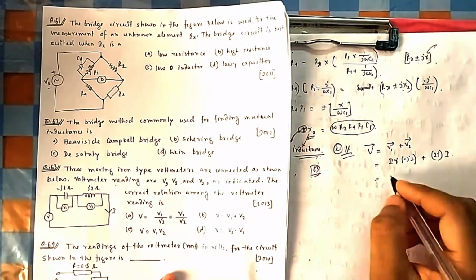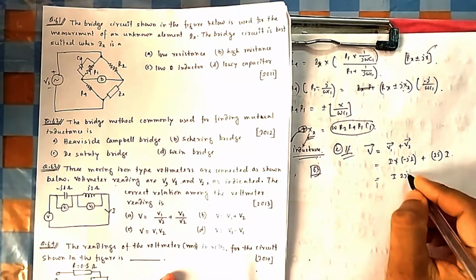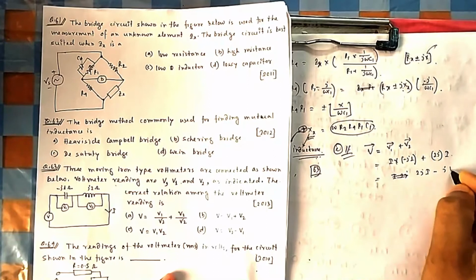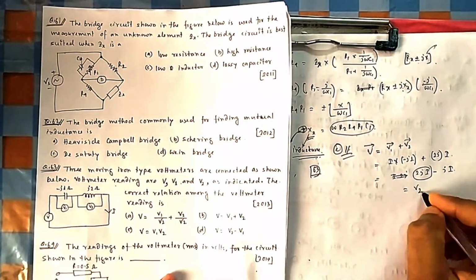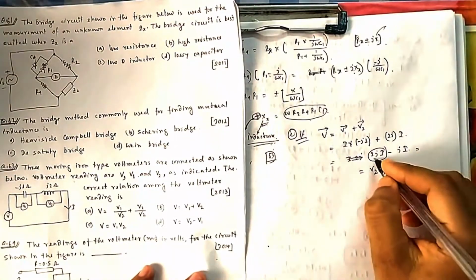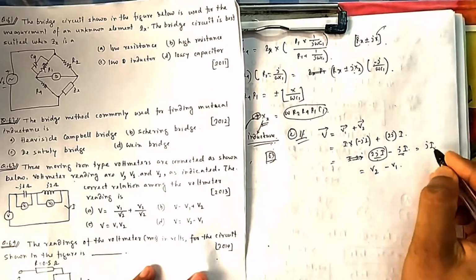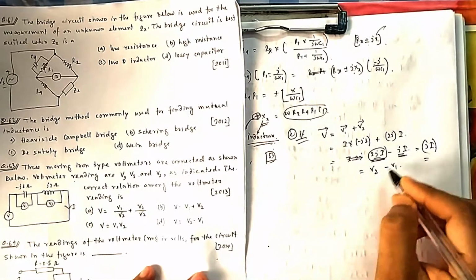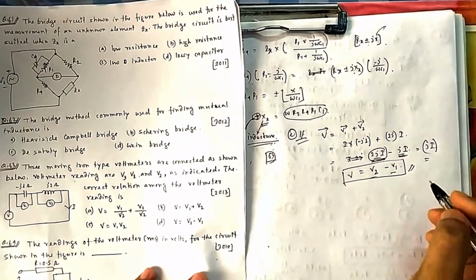So you can think of it this way. I into 2j minus jI. So what is this? This is nothing but V2 minus V1. Because both are in j, you will directly subtract it, it will be jI. The answer will be this one, which is nothing but, you can say this is V2, this is V1, so you are simply deducting it. So overall V is nothing but a simple deduction.